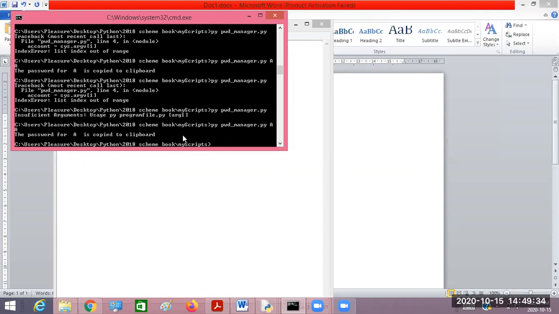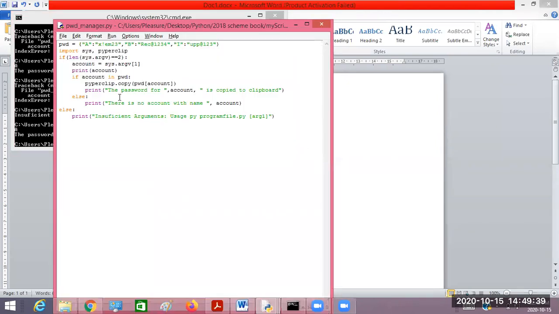Yes, sir. Even you can expand this program, because this is not a secured program. You see here, I have stored the passwords as a literal, in readable form. See, if some hacker or some third person gets access to this program file only, then what happens?